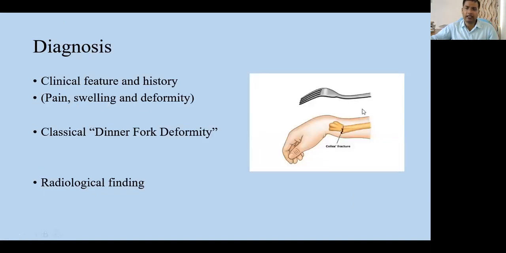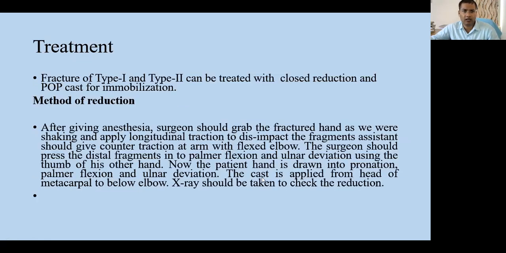So by this X-ray, you can easily identify the fracture and easily diagnose the Colles fracture, but you have to take the X-ray in both AP as well as lateral views to know the exact displacement. Treatment: fractures of type 1 and type 2 can be treated. Type 1 is extra-articular undisplaced, and type 2 is extra-articular displaced. These both fractures can be treated with closed reduction,